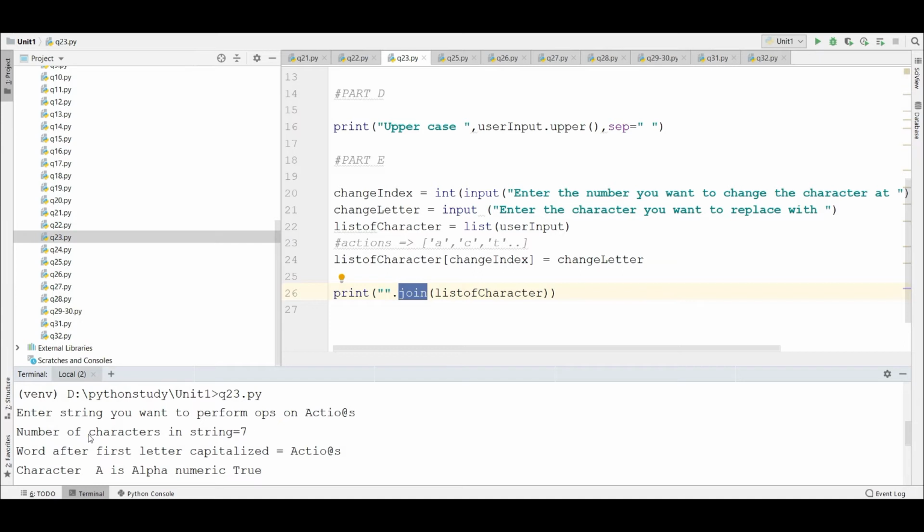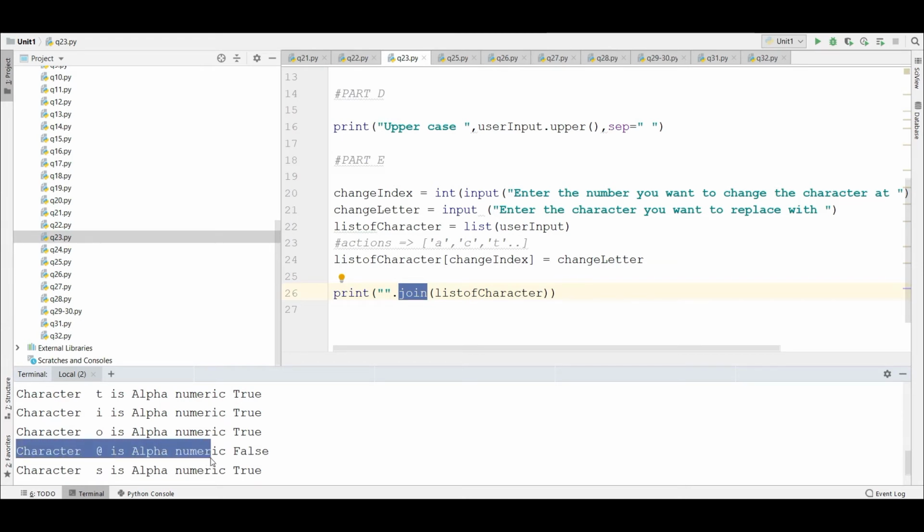As you can see, the number of characters in this string is 7. The word after the first letter capitalized: A has been made capital, but I had already input a capital letter, so it had no change. Now, character A is alphanumeric: true. Character C is alphanumeric: true. See, at the rate part, the character @ is alphanumeric: false.